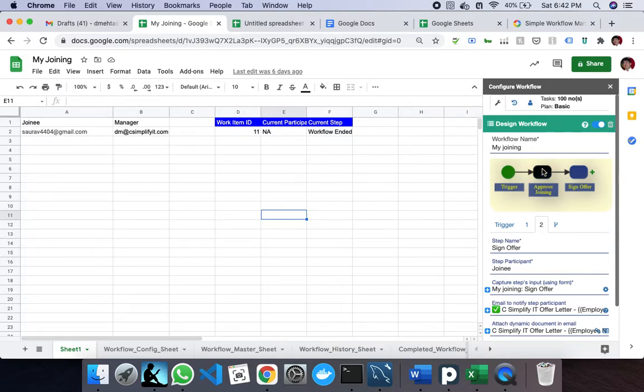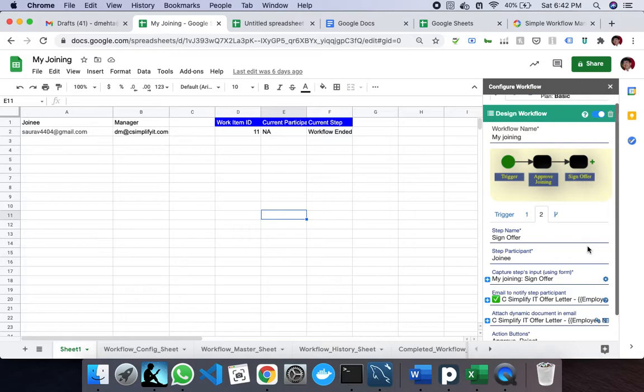I have defined a step 1. I have defined a sign offer step where the candidate actually signs the offer letter, and I have put in some email templates, some document templates which I wish to generate as part of it. And let me quickly show you how it really works.